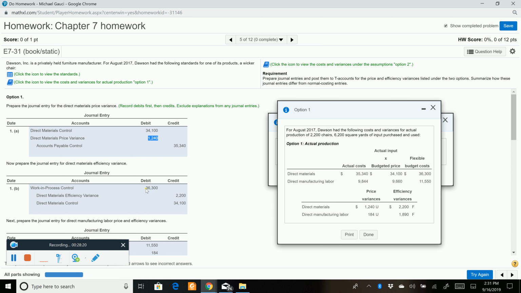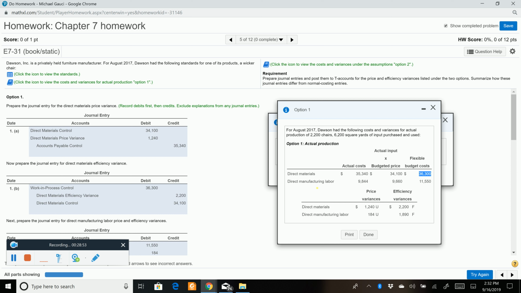Work in process control, remember, this is an inventory account, and the inventory account will be debited for the flex budget amount, which is basically the amount allowed for this level of activity, times the standard price. So the standard quantity times the standard price. We will put onto the assembly line based on the standards for this level of activity,